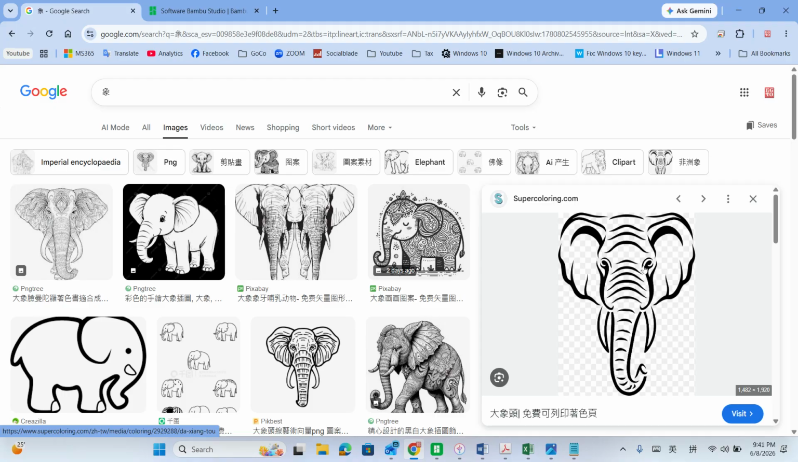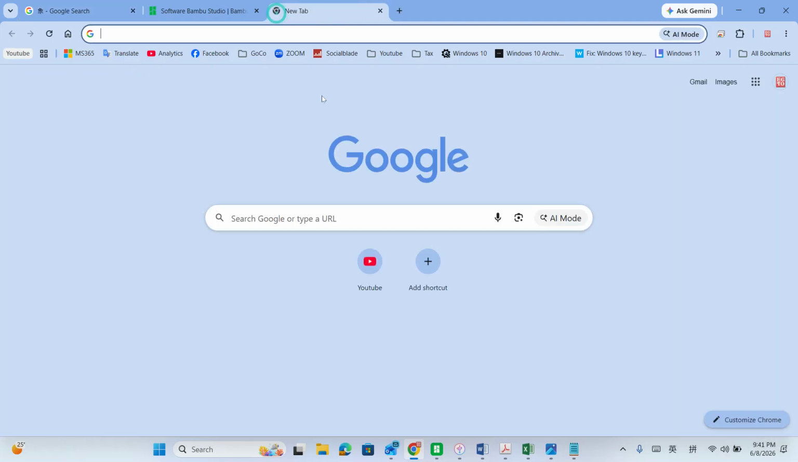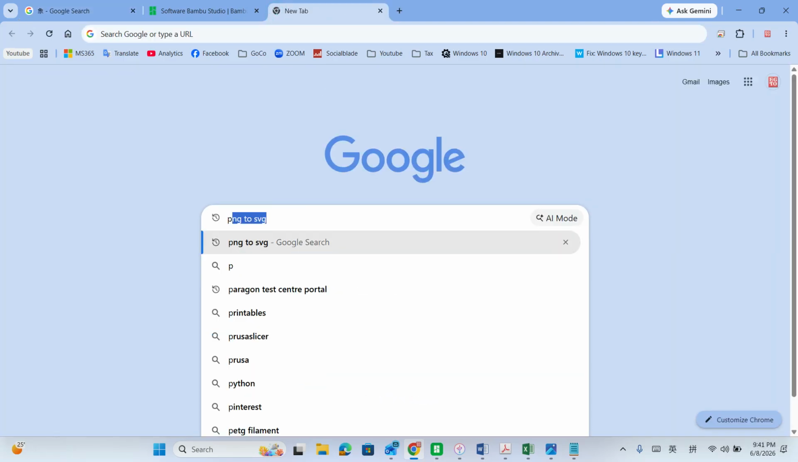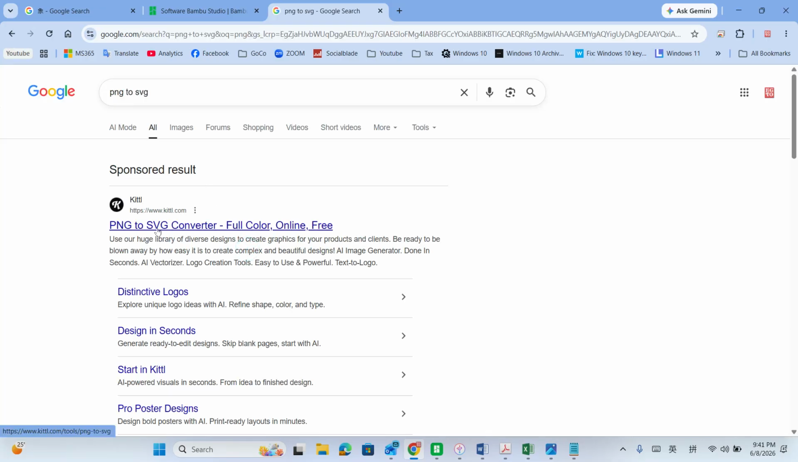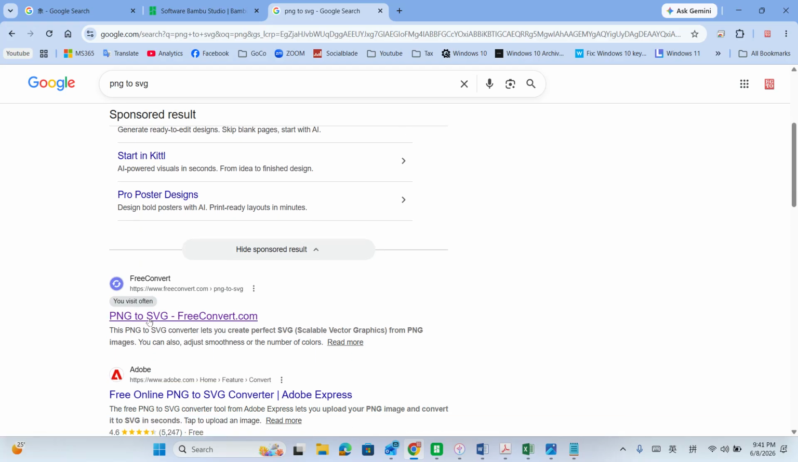We save the PNG file, and then we will use a PNG to SVG converter, okay? So we can select the first one or whatever you want. Free convert is what I'm using to convert PNG to SVG. Okay, so after we convert it to an SVG file,